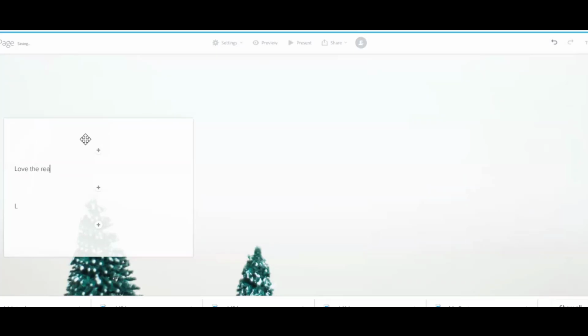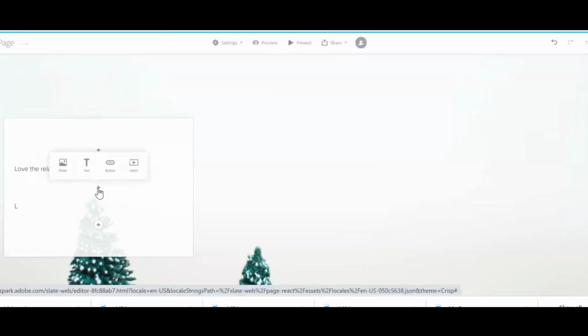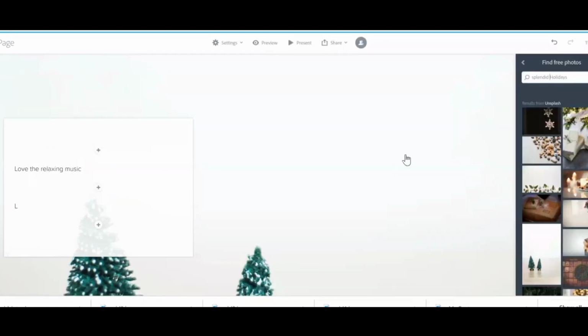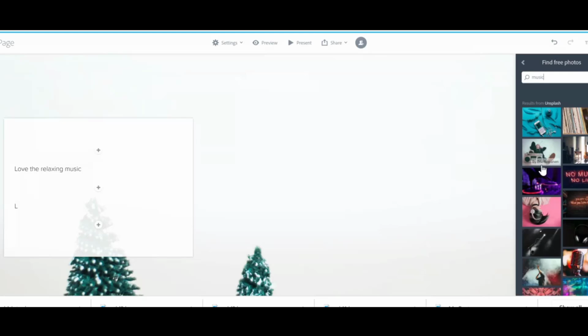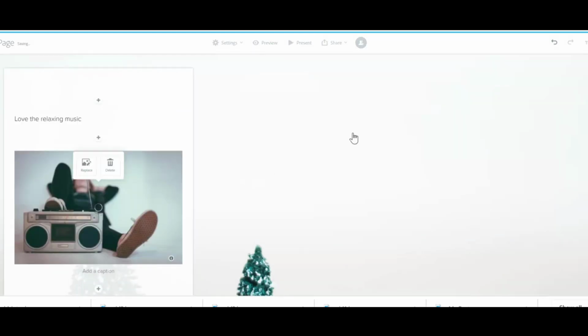You can add more photos to it. You can add video links to it. Now it's up to you, it's up to your creativity. So it's like this.